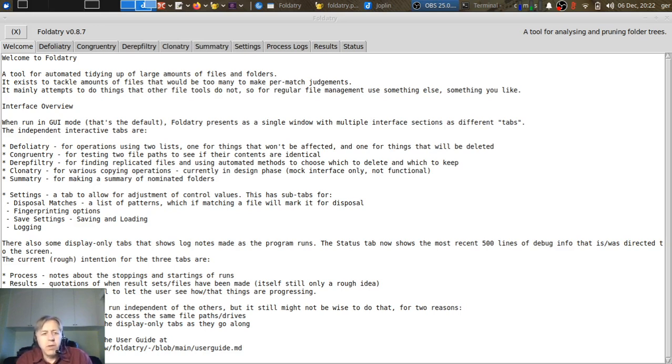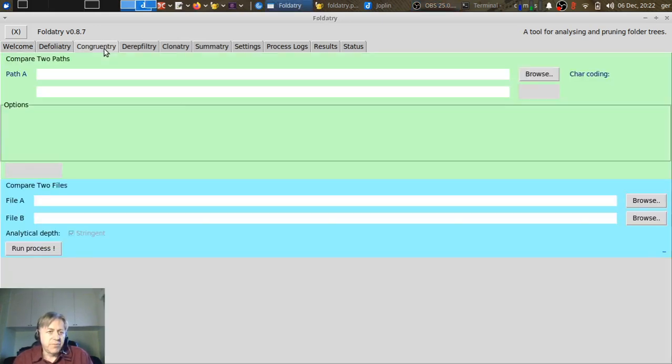The program we're going to use here is my program called Folder Tree, which is currently on the screen. This is a program I've written in Python for doing large-scale comparisons and discovery of duplicated files and things like that. We're going to look at a particular part of the program that goes checking that things are exactly the same, and that part is called congruentry. It looks like this,